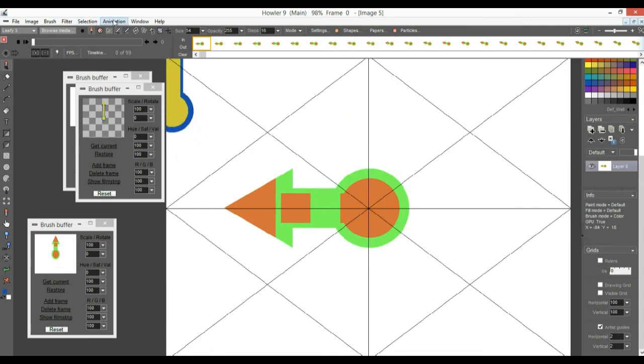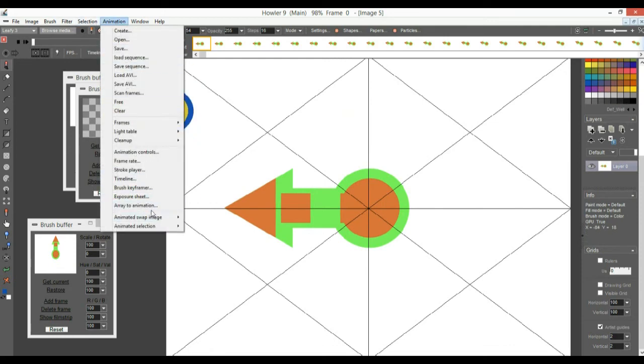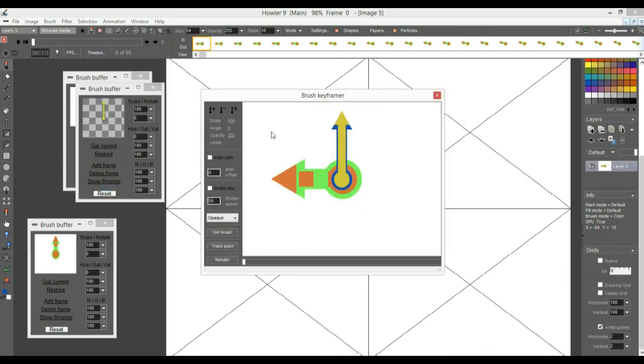So let's go to animation and brush keyframer. Right, and there it is. And let's kill the prior keyframes if there were any stored. And we have the original animation going through here, and all we've got to do now is make this one do its own turn. So I'm going to store it here, save it at the first one, and then I'm going to go all the way to the end